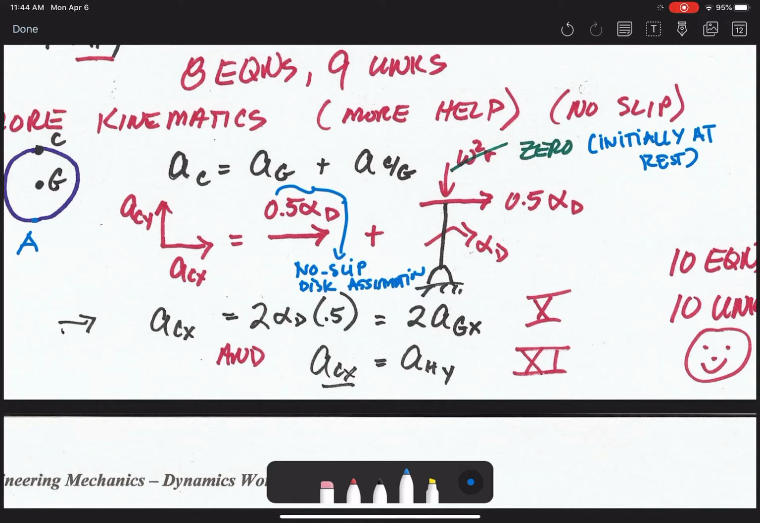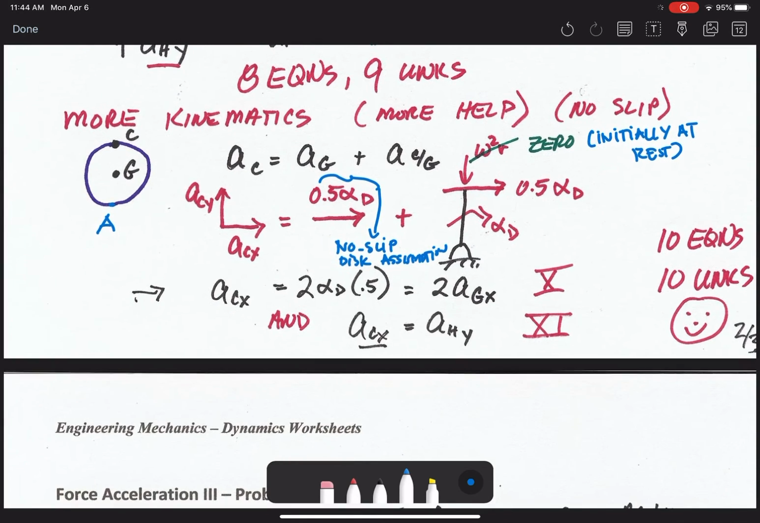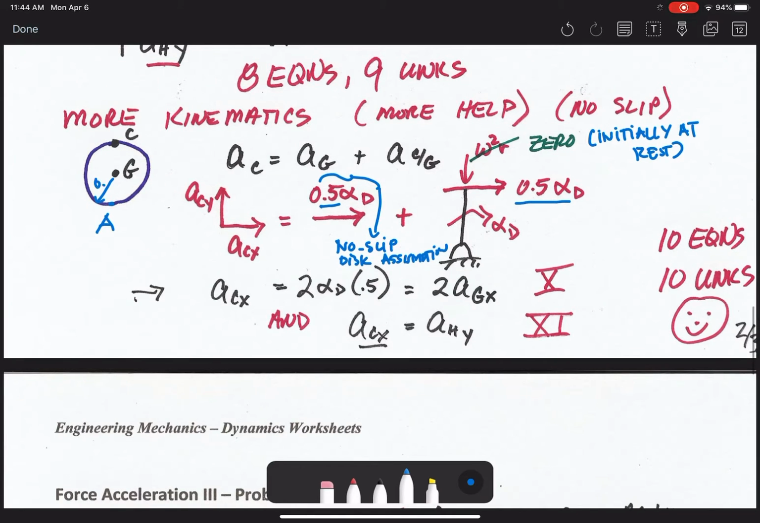So from that, d is the disk. From that, we can add 2 in the x direction. So ACX equals 2 alpha d times the radius, so 0.5 alpha d. So you have 2 alpha d, and the radius is 0.5 foot. That's 1.5 for the disk. So you have 2 AGX, 2 alpha d r, because as you can see, that one is basically AGX